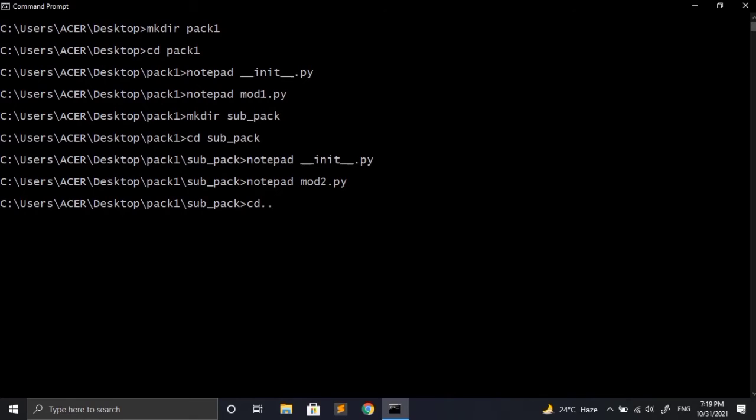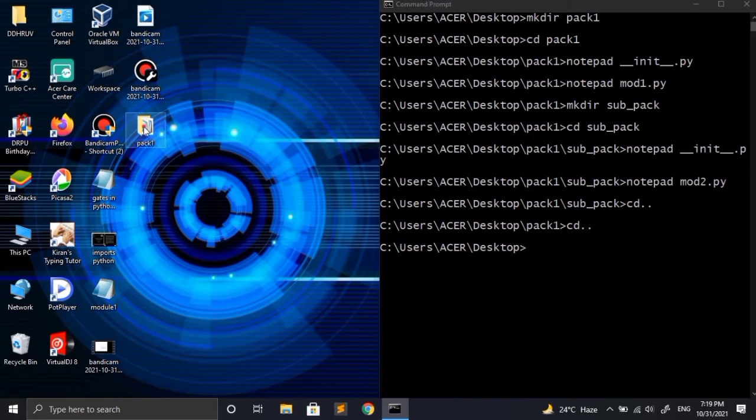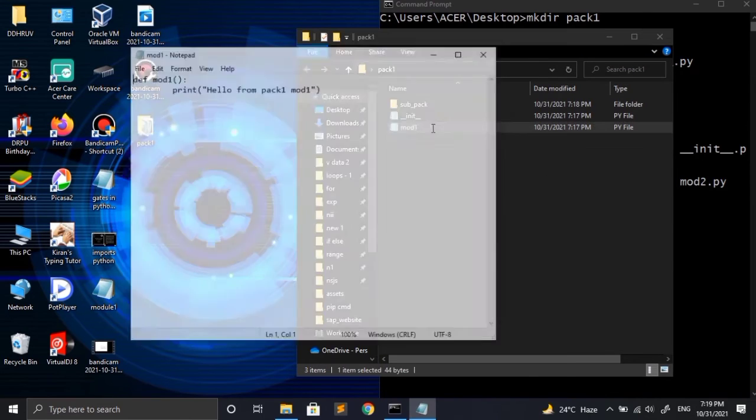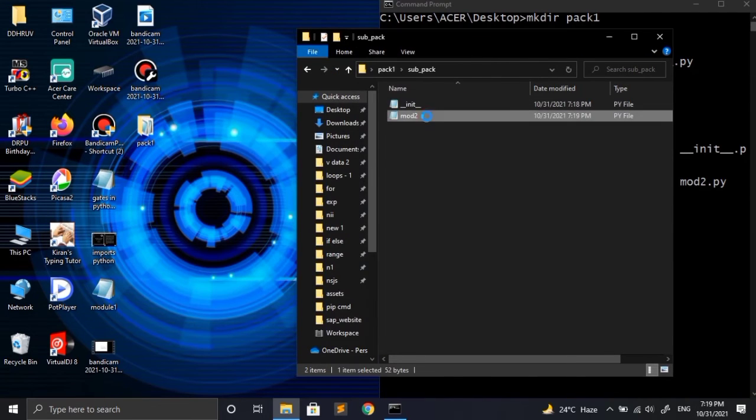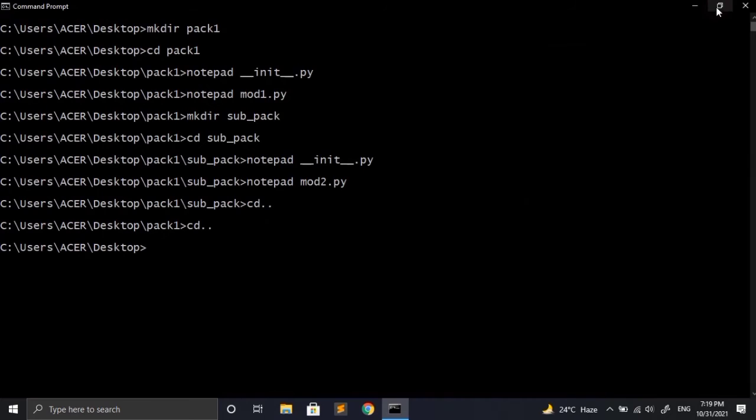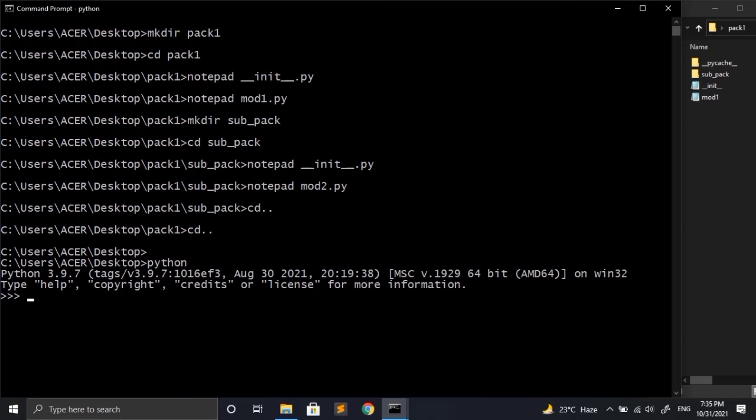After this, our package and sub package both are ready, and I am using the cd .. command, which is actually change directory, but double dot indicates move to the upper folder or the parent directory. I have used this command twice to get out of it, and now I am in the main directory, which is the desktop directory. On your system the main directory might not be desktop, but it may be any other folder. If I quickly navigate to my screen, we can see pack1 here, and inside that the sub package, init and module 1, and also if I open the sub package we can see the init file and the module. Let's start the Python REPL and import the module and the packages that we have created.